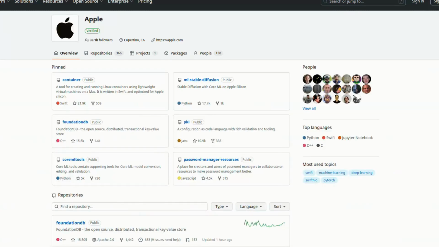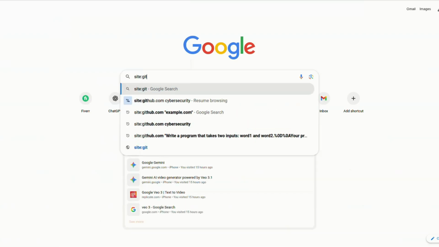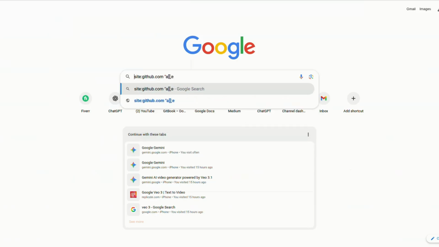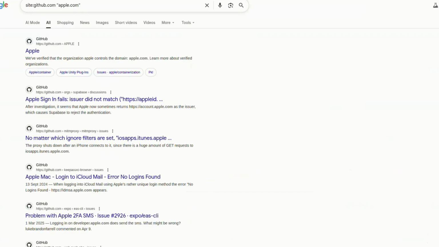This is Apple's verified repo, but you can also go on Google and search site:github.com apple.com.